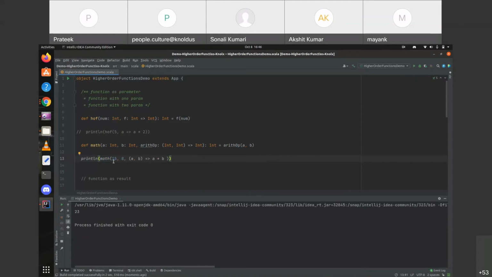So see here it is returning us the addition of these two numbers. So how is it actually working? It is simply taking the implementation from here and calling the same function on these two parameters. So similarly, if we want to perform subtraction, then we can simply do it like this.